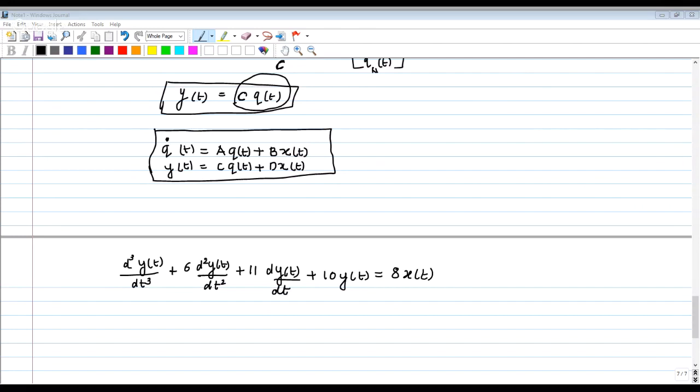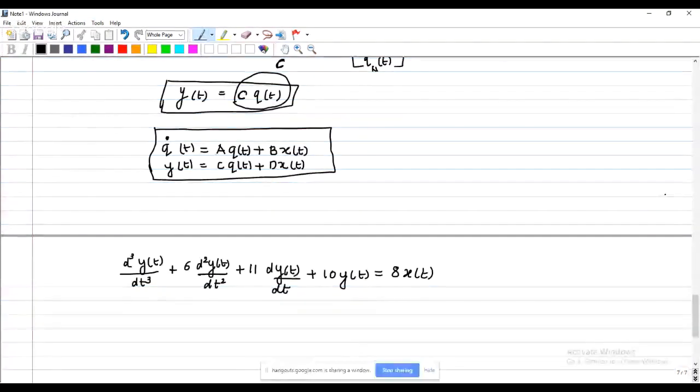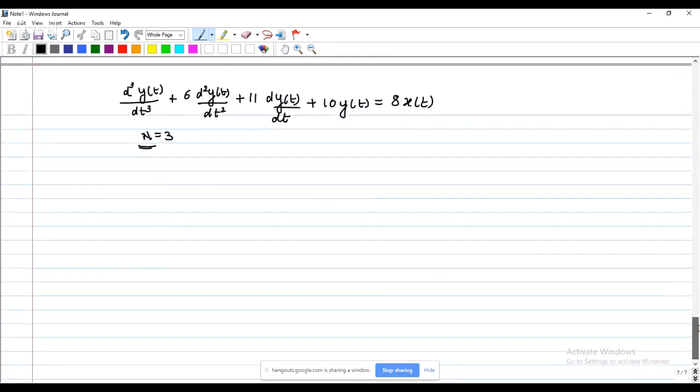Okay. So what to do? Good. Let's do it. So let us go with the problem. Now, looking at the problem, we know the capital N is equal to what? 3. Yes or no? Capital N is 3 in this case. So when capital N is equal to 3,